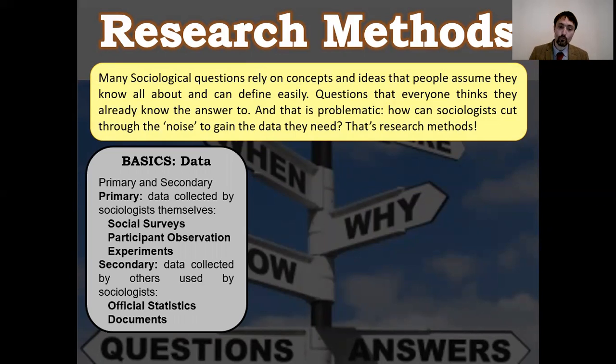But anyway, primary data is data collected by sociologists themselves. It's stuff that when you're trying to answer sociological questions, we go out, we ask the questions, we find out what we need to know, we collect the data, we write down the data, and we mine that data for various information. So in this case, primary data is not the same as historical data when we talk about primary data in history. This is sociological data. Primary means collected by the researcher themselves.